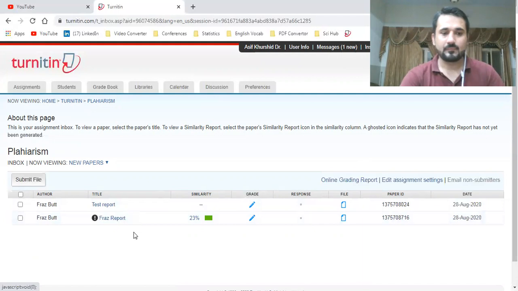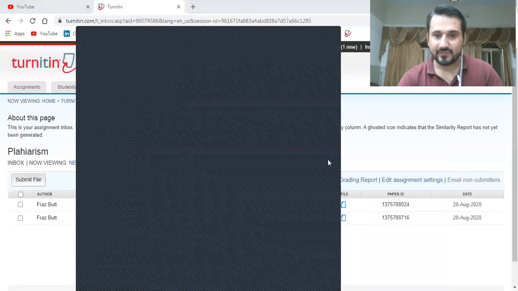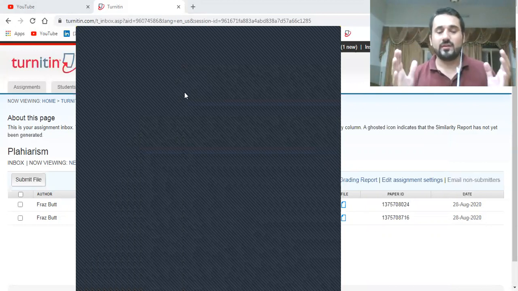Okay, okay, here you can see it's giving us this 23% plagiarism. So we need to download this report. We will click on here, and then we will go to this percentage sign, 23%, and from here we will come to this down arrow and download current view like this. So it will take few seconds here, and then it will start downloading your originality report from the Turnitin.